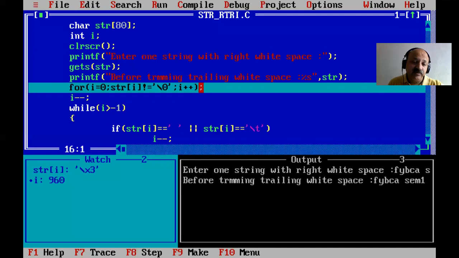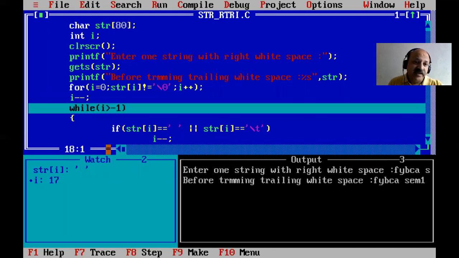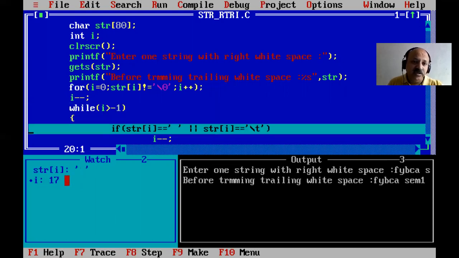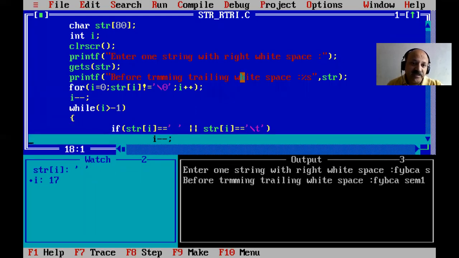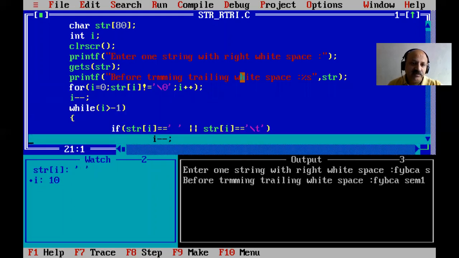So be careful, here is a very important part. So yes, you can look, 18 is I, and now I minus, so 17. Yes, and now I is greater than minus 1, because 17 is greater than minus 1. So you can look, here is white space, so we can provide 8 white spaces. So here that is 8 times I minus minus. Yes, again it checks the while loop. Yes, you can look here: I minus minus, 2 times, then 3 times, yes, 4, then 5, and 6, 7, 8.